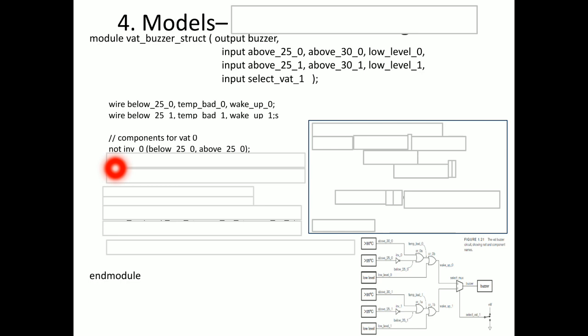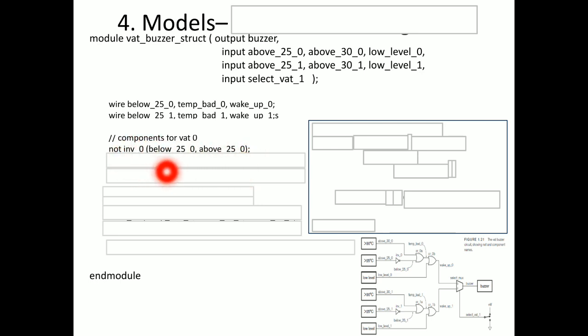First we need to write the name of the logic gate in the structural way, NOT gate. Then the name which we have given to that gate. This is the NOT gate, the logic gate, and this is the name given to that NOT gate, inverter 0. Then the port list should be within the parentheses, right?